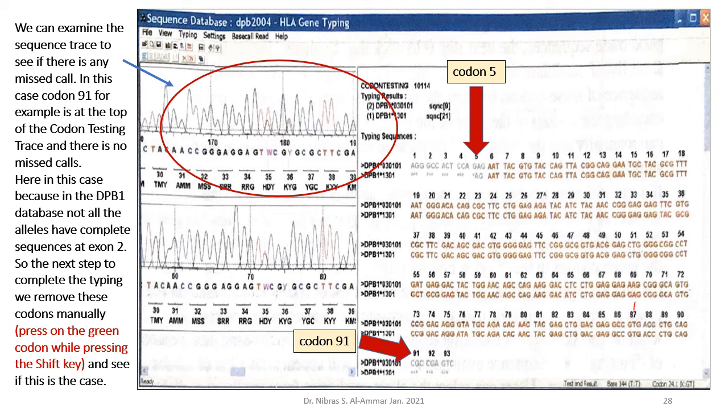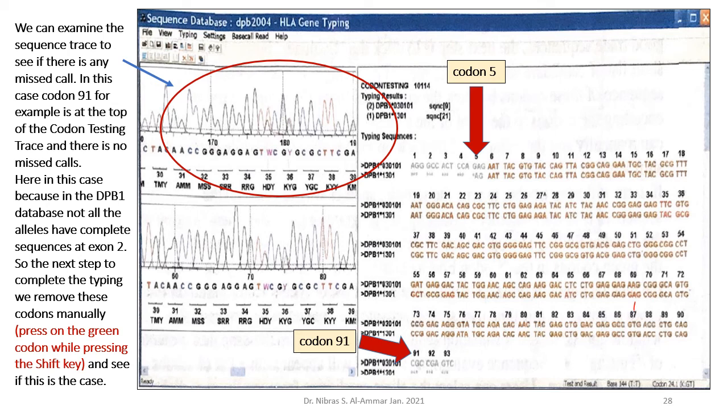In this case, take codon 91, for example, at the top of the codon testing trace, and there is no missed call. We checked one by one all the peaks here, and we found no missed codon in this case, because in the DPB1 database, not all the alleles have complete sequences at exon 2. This is the reason why our typing result